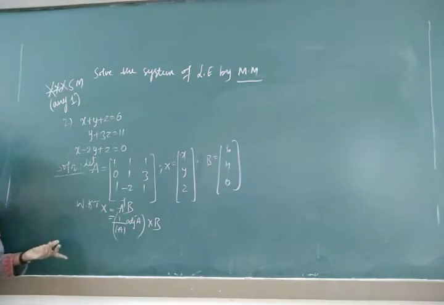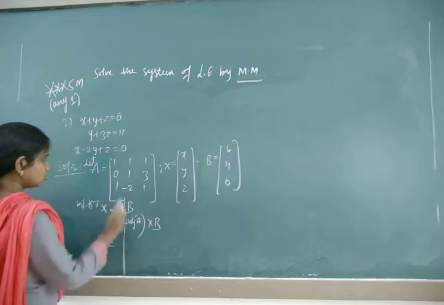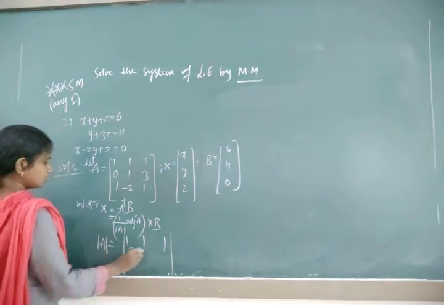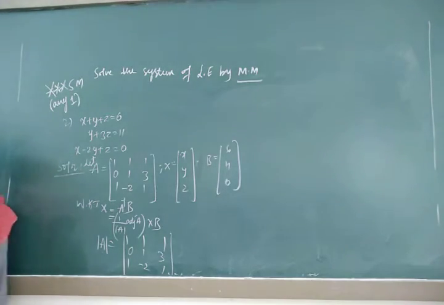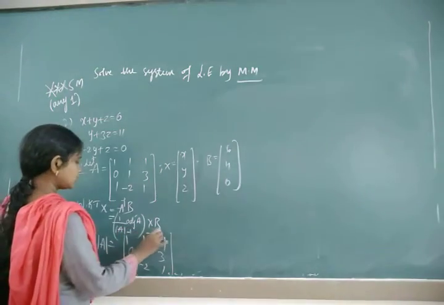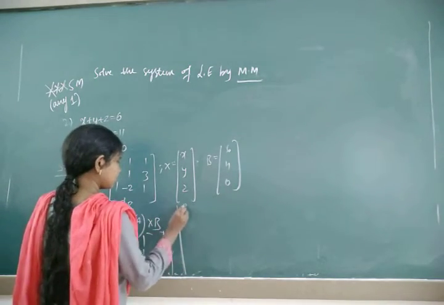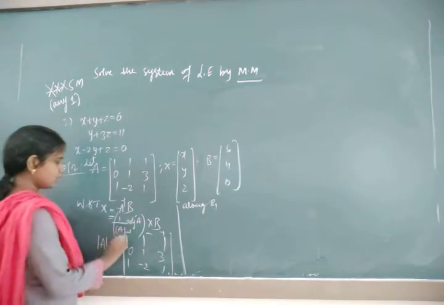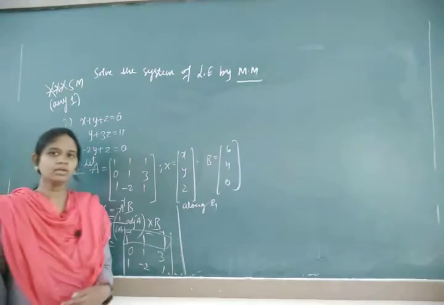First of all we need determinant A. So determinant A is equals to, write in bars, don't equate for this because matrix does not have a solution. 1 1 1, 0 1 3, 1 minus 2 1. Now expand this one, plus minus plus. I will expand along R1. You can expand in any way. There are 6 ways. Expanding along R1, row will be completely closed, 1 by 1, the first column, second column and third column will be closed.